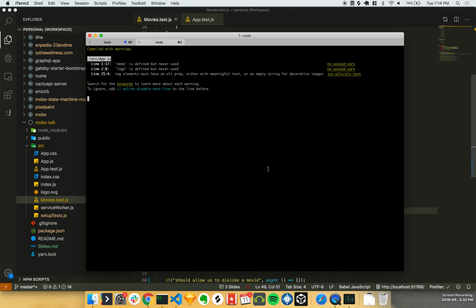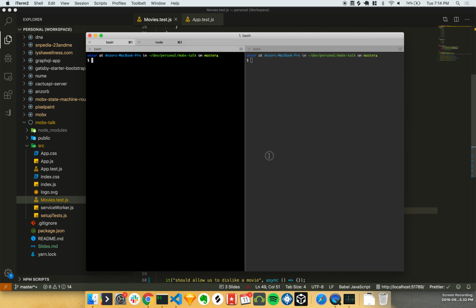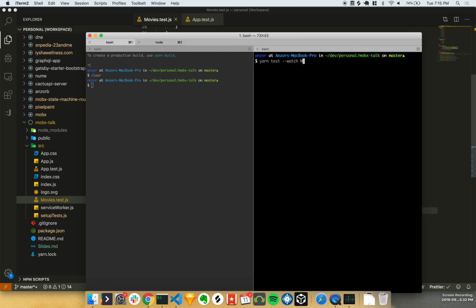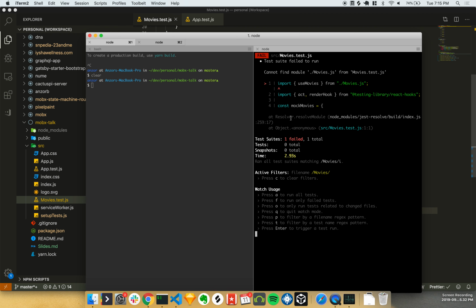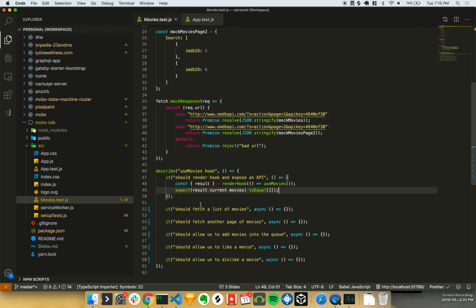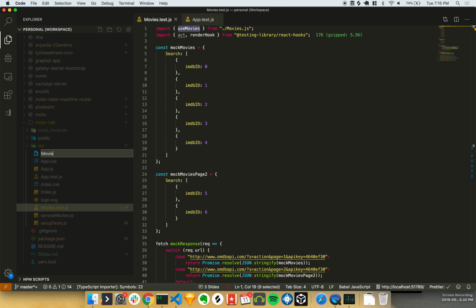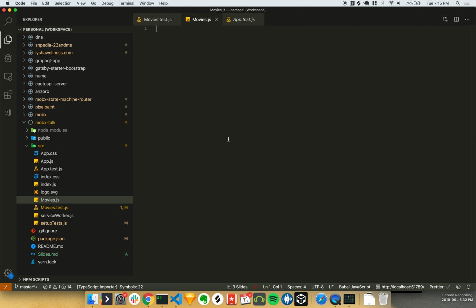Okay, let me make sure this is running. We'll make this a bit bigger. So movies. Okay, yep, so the test failed because there is no file called movies, right? It's usually how TDD starts. So we'll create a file called movies.js. In there, we'll export a function called